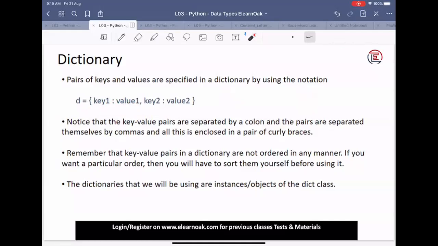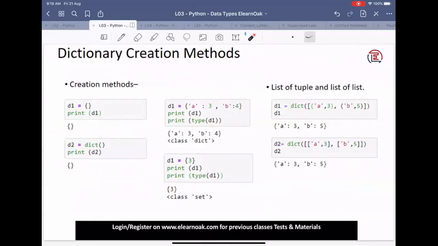Let's look at how to create a dictionary. We can create a dictionary by simply writing this command. Writing D1 and then open and close braces with nothing inside creates an empty dictionary. Similarly, if I want to create an empty dictionary, I can also write dict of this one. That also creates an empty dictionary. So at this point, I have an interesting question for you. How do I create an empty set? If dictionary and set both look like this, how can I create an empty set?